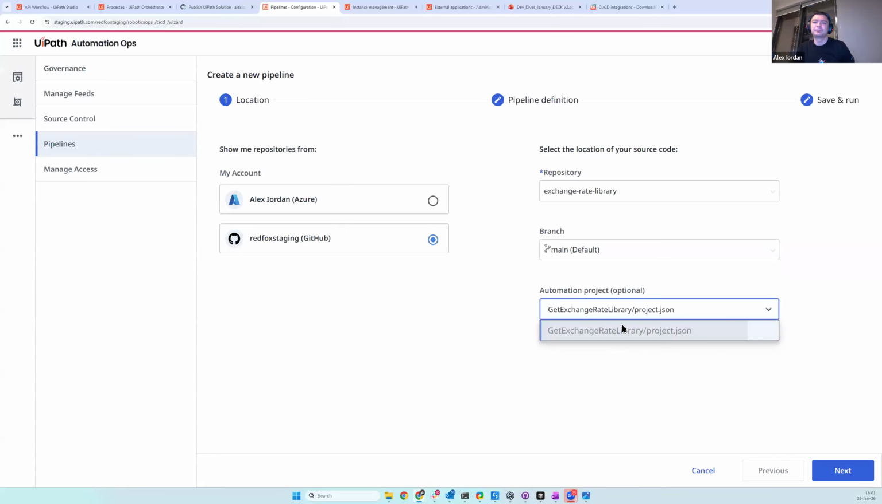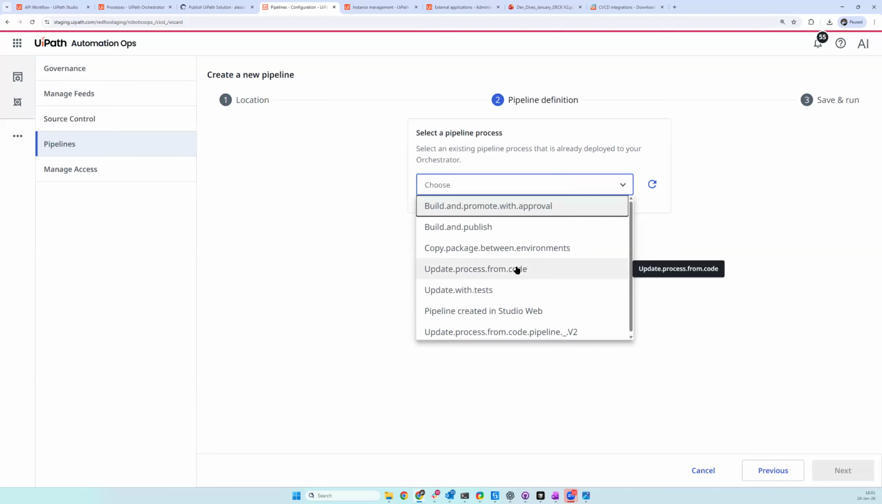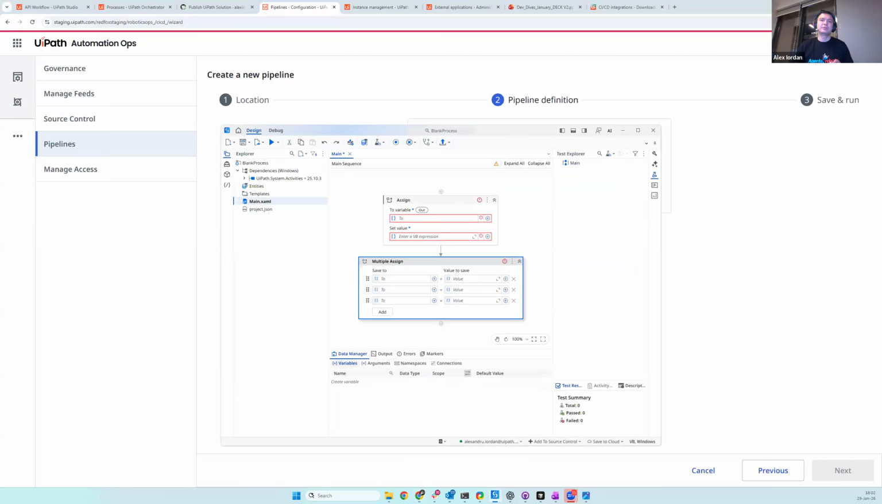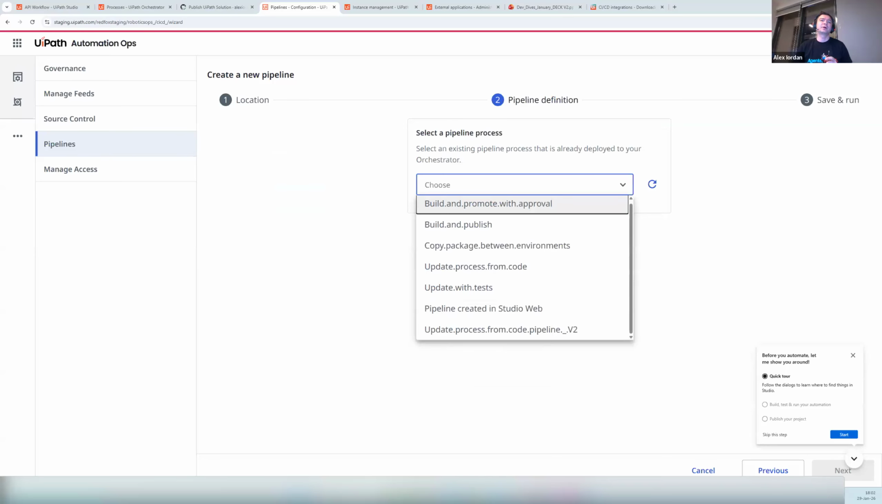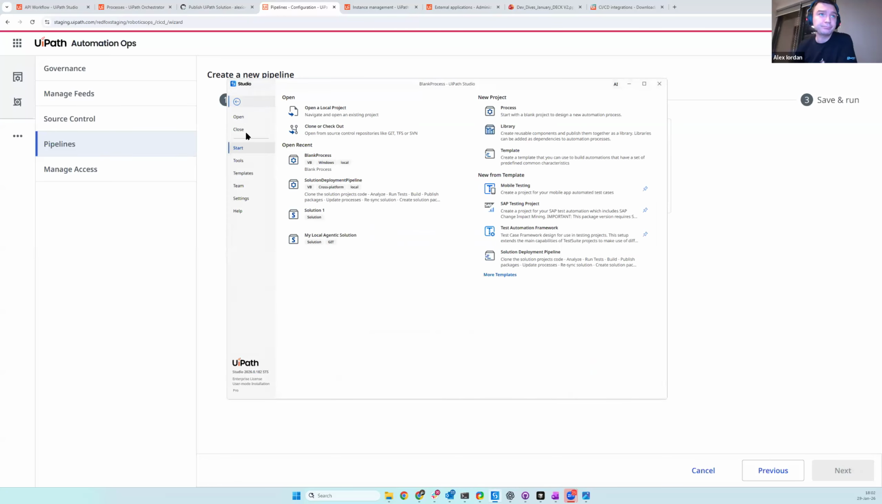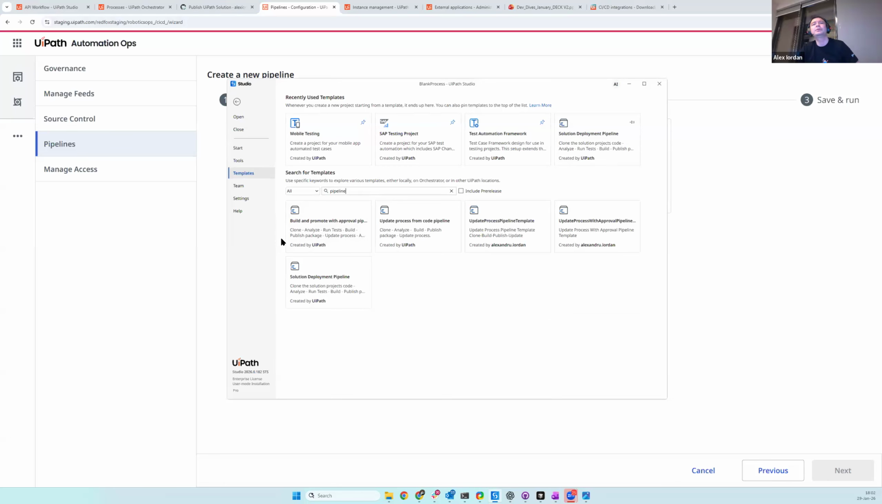Okay, that's the one. So I get to this step here where I get to pick one of the processes. There are, I guess, five of them, which we've pre-packed, but nothing prevents you from building your own. Now I've opened Studio Desktop, and you can go here, and from the templates, you can select pipelines, I believe it's actually called, and you can start from these templates here. So if I pick the solution deployment pipeline,